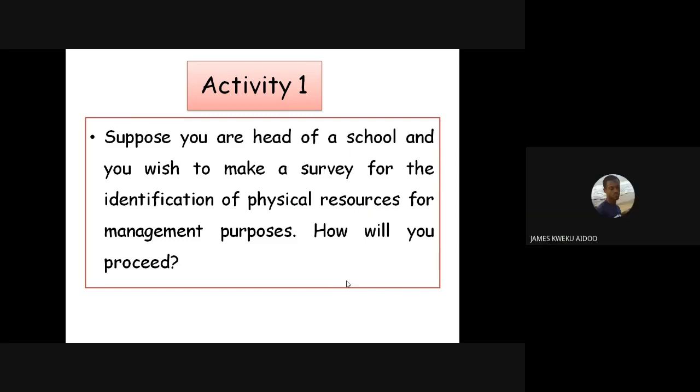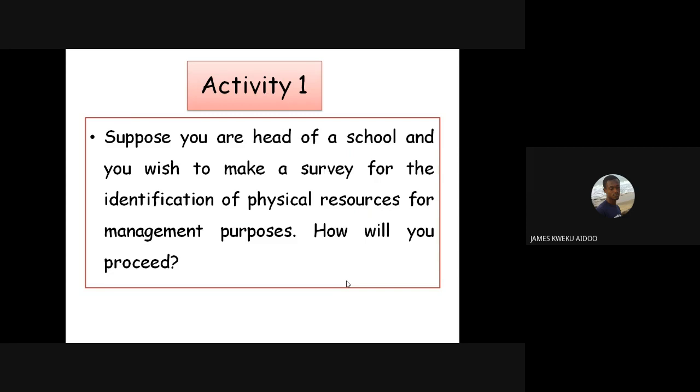Well, based on the question, first of all, I would analyze the question so that I will know what I'm looking for. So in this case, the tangible resource, financial resource, and intangible, I will write those down as the things that I'm looking for.